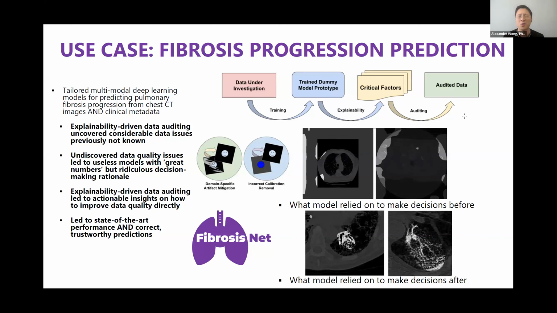And so on the top right-hand side, what you see is that it was able, during the explainability-driven data auditing process, to identify unnecessary padding that was baked into the DICOM, identify artifacts that it was leveraging to make decisions, and we were even able to identify DICOM header information that was just incorrect, but was leading to biases in the actual decision-making process. And when we got rid of all of these to create a really high-quality data set, it allowed the models to really understand and make better decisions, as you see on the bottom right, where it was able to identify the key honeycombing patterns that were leading to proper predictive processes for fibrosis progression.